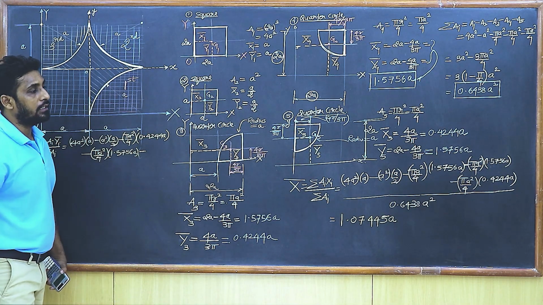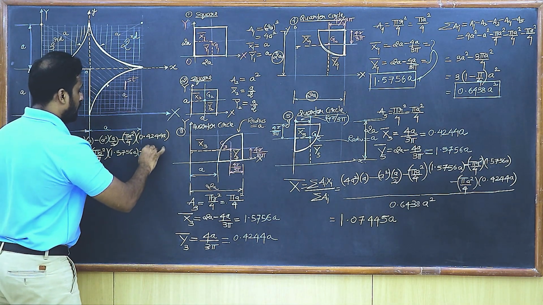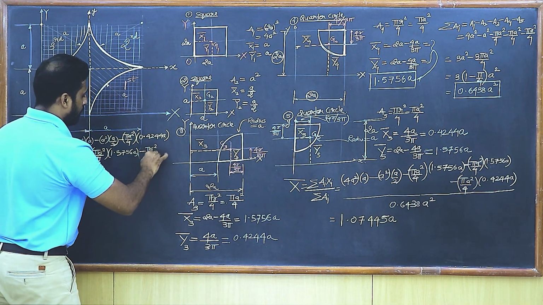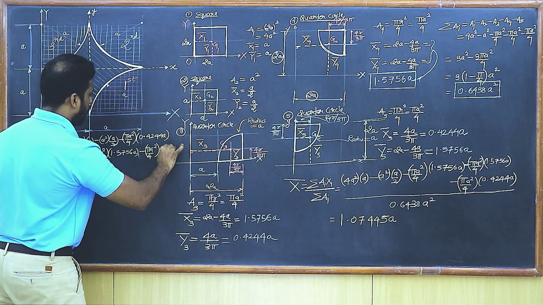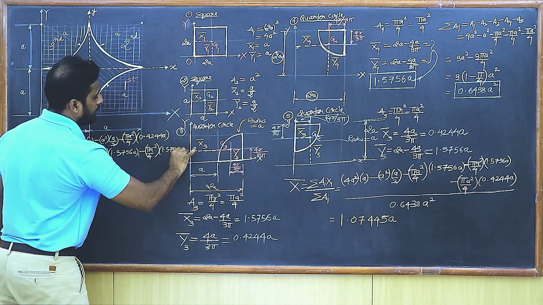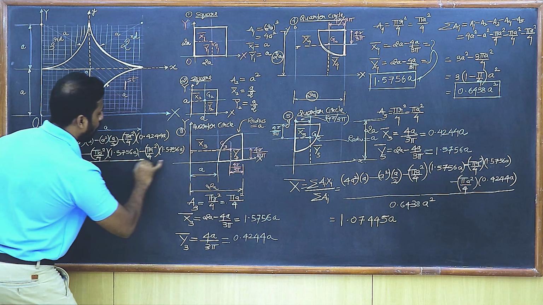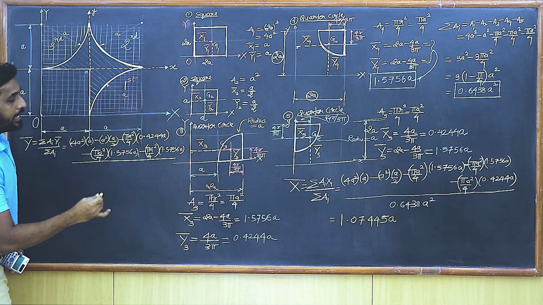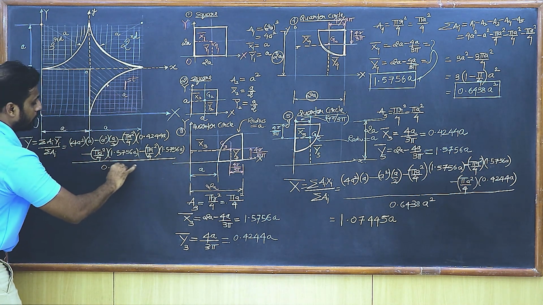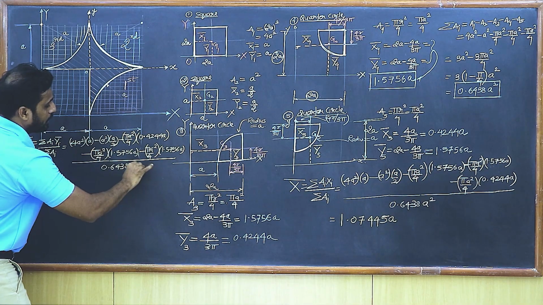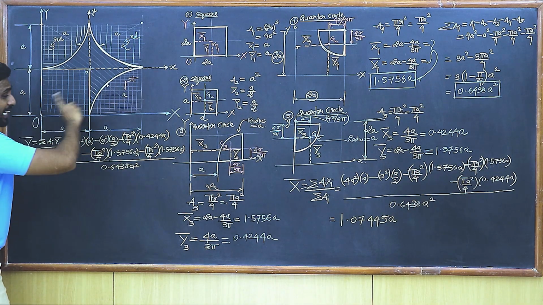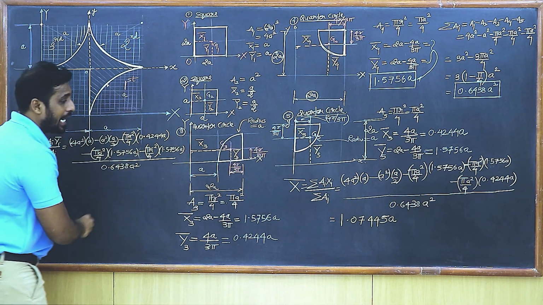again it is 1.5756a. So here you get pi a square by 4 multiplies with 1.5756a, and this entire answer also needs to be divided by summation of ai, which was 0.6438 a square. So you can observe that this entire thing that you have got is an exact copy of